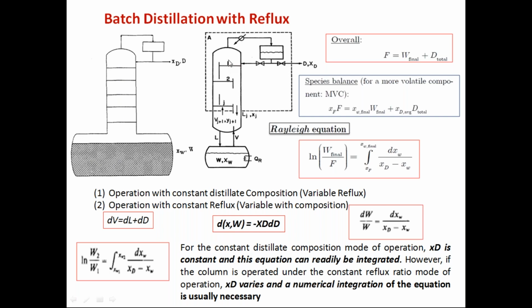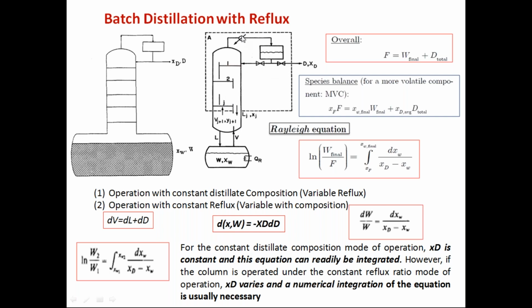Like see here, we have three plates. From the liquid, vapor will be generated and goes up, and the condensate will be sent back as reflux and comes down. So you have liquid L and vapor V. Again we can assume constant molar overflow, because at each tray the liquid flow rate is the same and at each tray the vapor flow rate is the same. That type of assumption we can make.